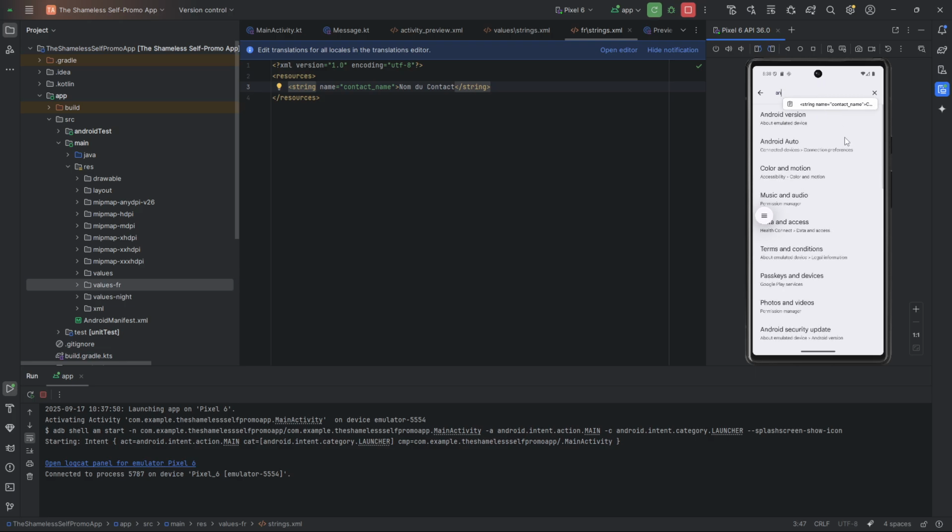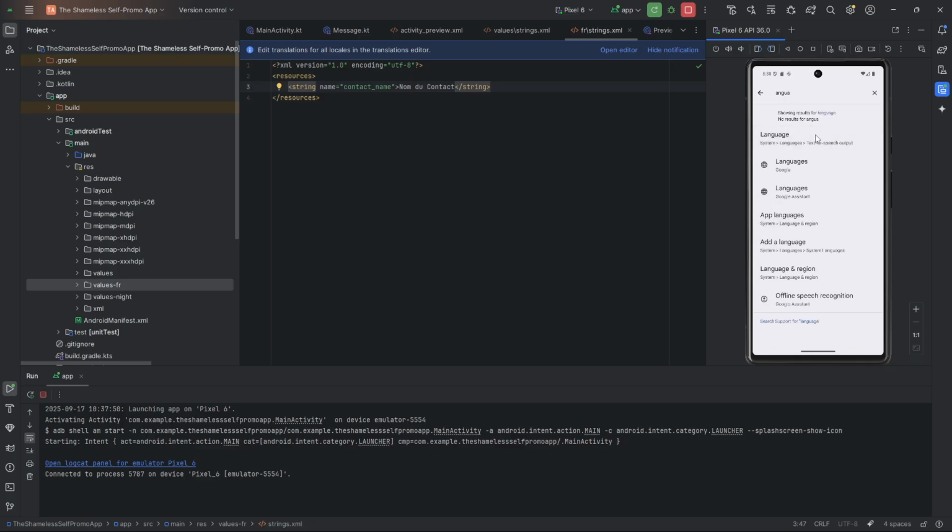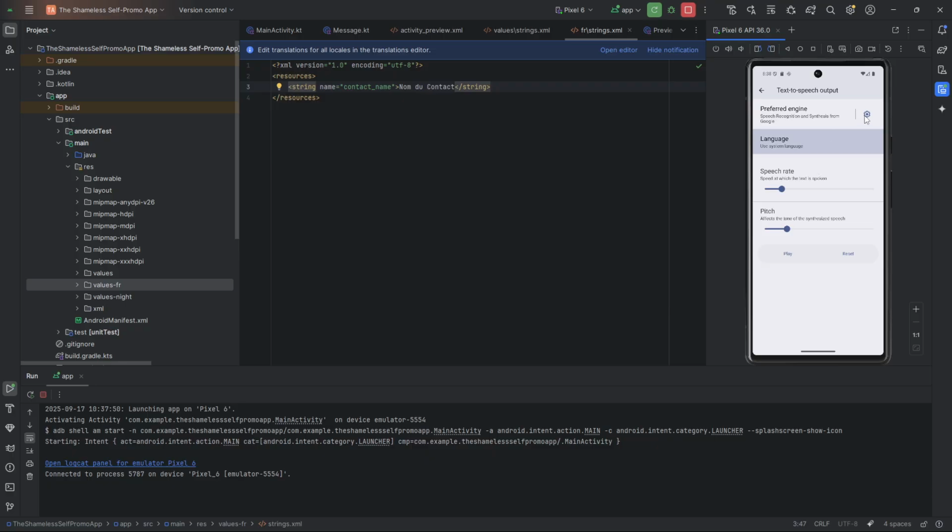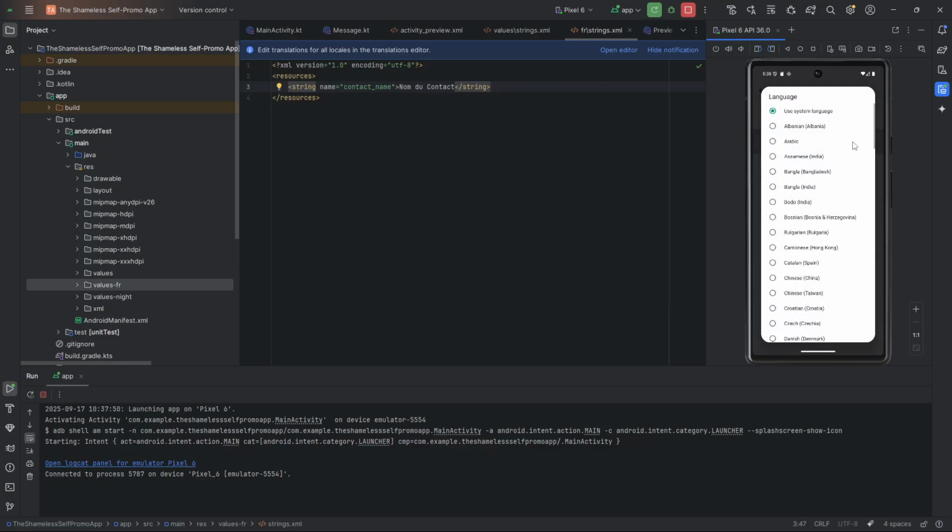And then if I go to my task switcher, and then go back to our app, you can see the name changes to nom du contact, okay? So if you want an app which handles multiple languages, you must use these string resources as the way to achieve this. If I go back to our default values/strings file, you can see we've got some warnings or errors